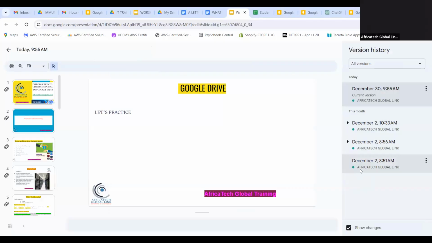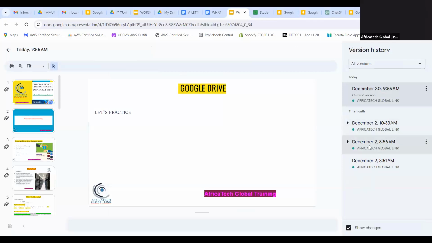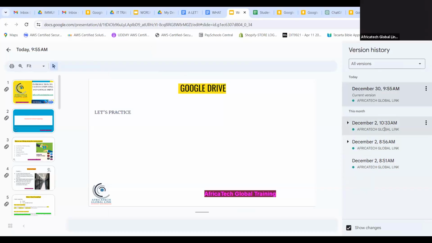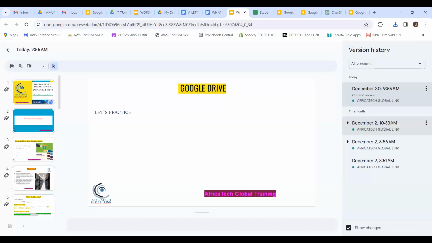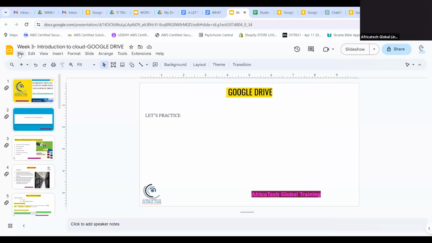December 2nd, that's when I started working on that. And now December, it will tell you even the time, right? You can see everything here, the time. So I don't want this current version of today, I want this version. That's the beauty: maybe you added something, or a kid came on your stuff and added some stuff you don't want. I want to go back to the previous version. You are able to do that. So it's just for you to know all the tools that are offered.